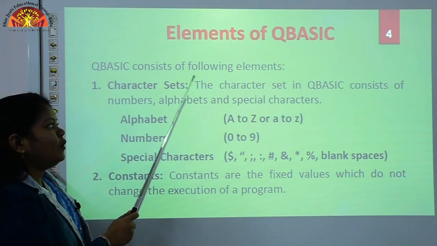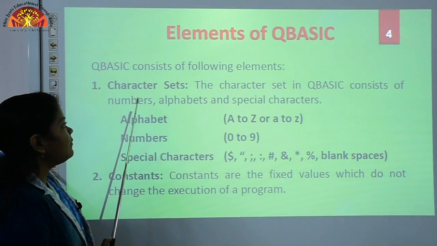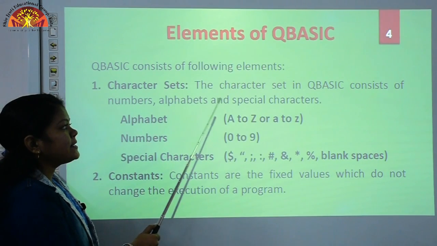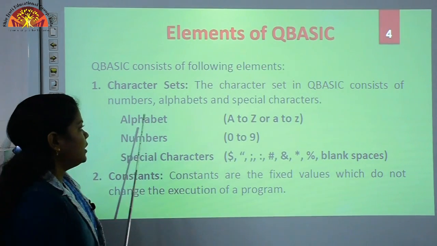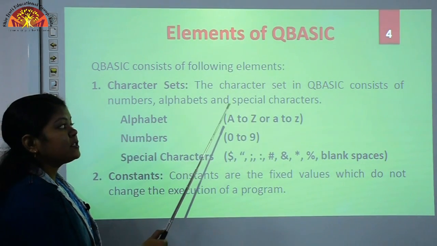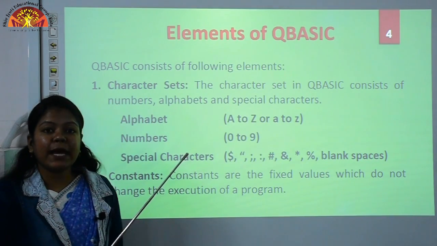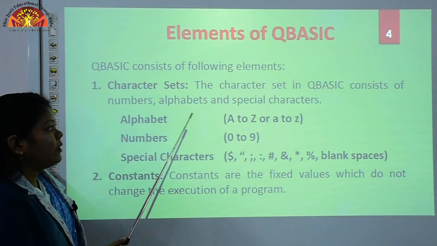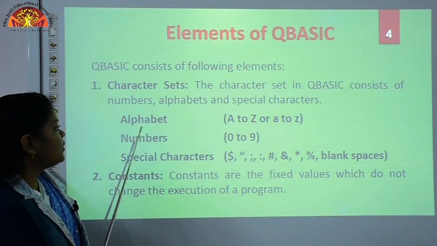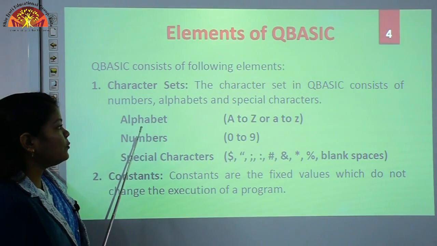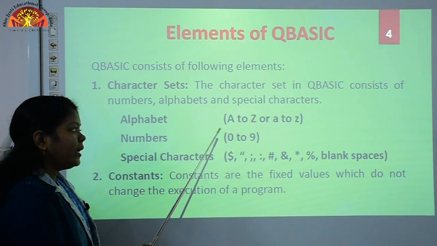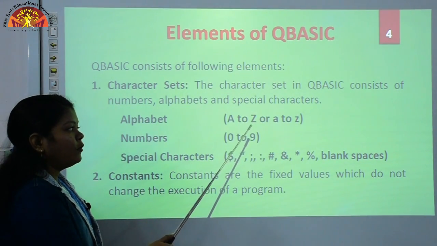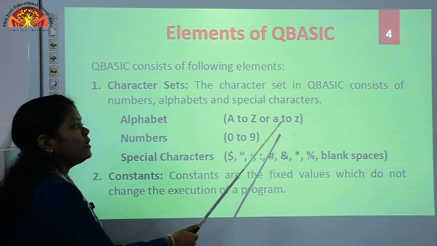QBasic consists of the following elements. First element we have character sets. The character set in QBasic consists of numbers, alphabets and special characters. First we have alphabets: capital A to capital Z, or small a to small z.